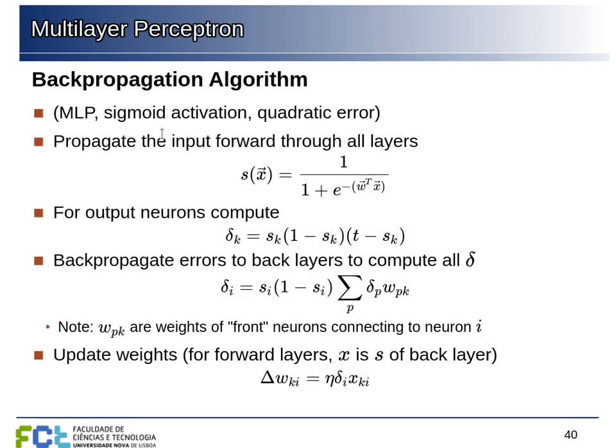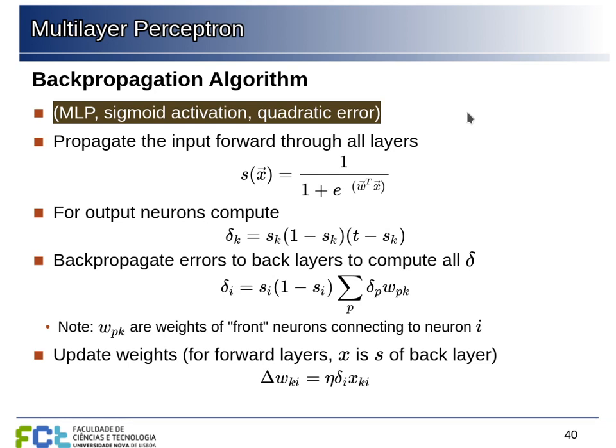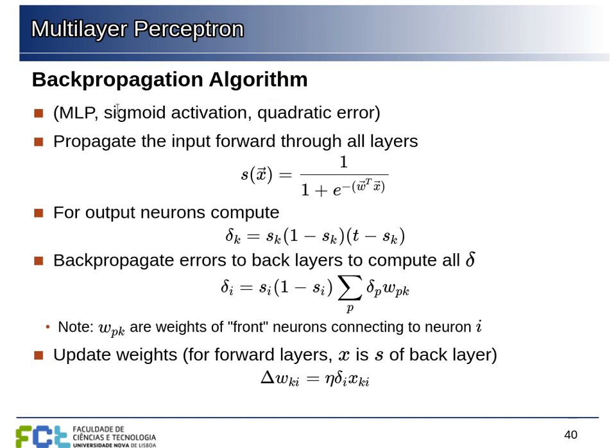So basically the backpropagation algorithm works like this. Let's suppose that we have this simple multi-layer perceptron. All the layers are fully connected just to the layer in front. We will assume that we have a sigmoid activation and a simple quadratic error function. In practice, this can be a lot more diverse and complicated because you can have different loss functions, different activation functions, and so on. But let's assume this very simplified scenario.